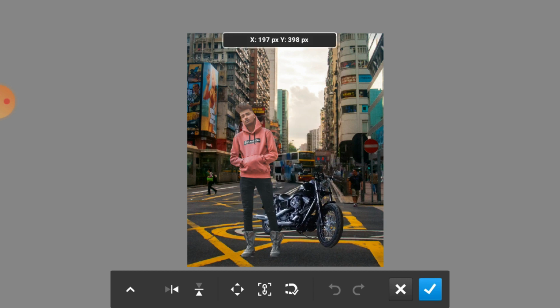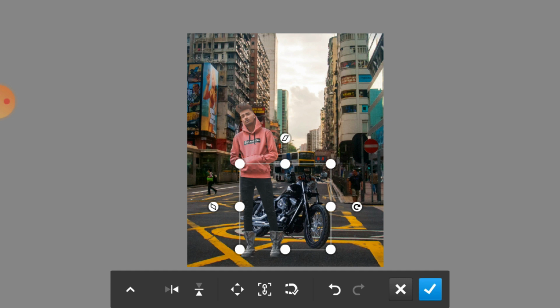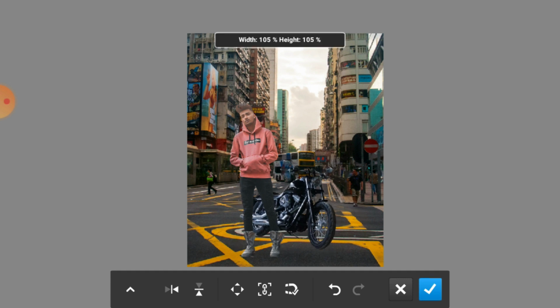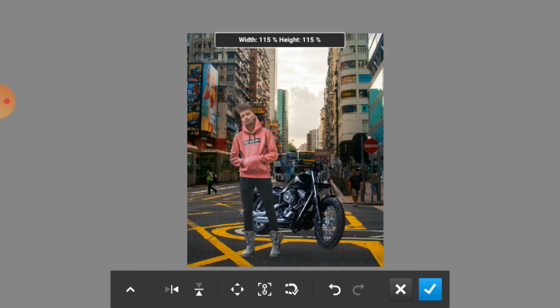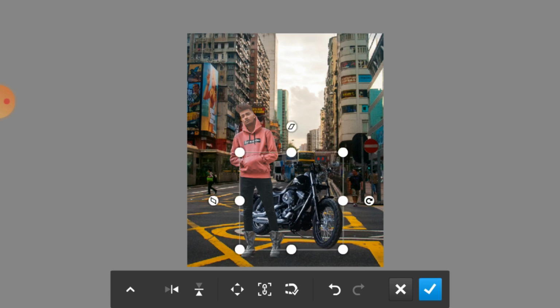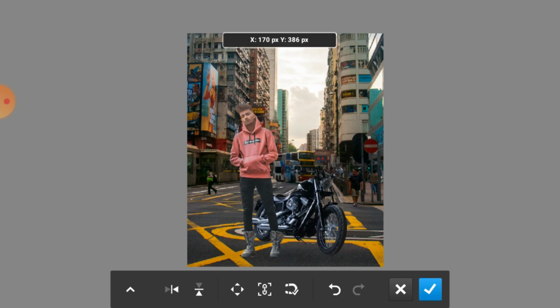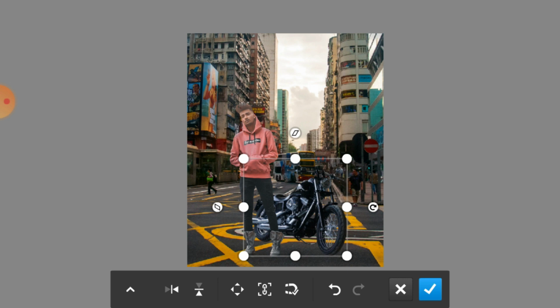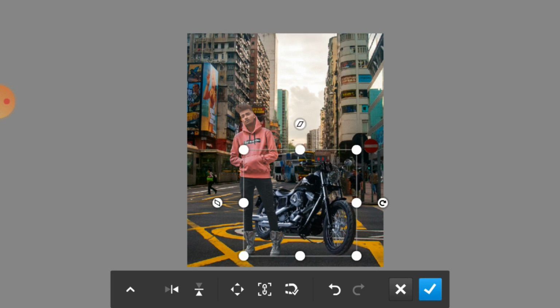So this one is almost done. Okay, it's perfectly placed. And resize your bike image. It completely depends on you how to adjust your images.